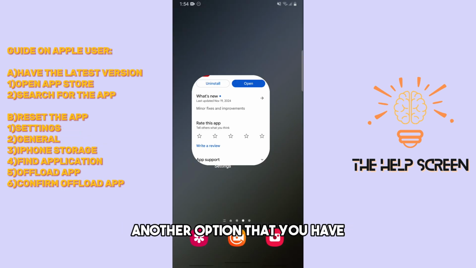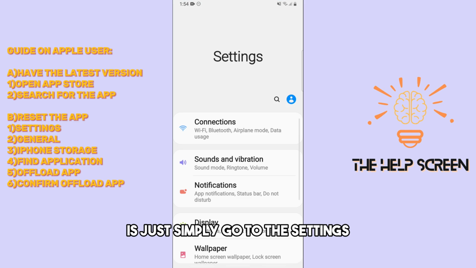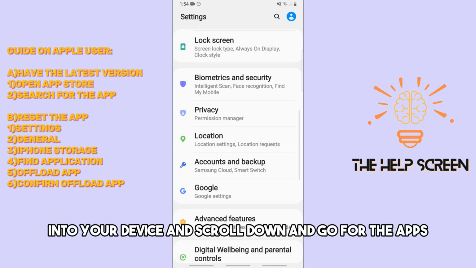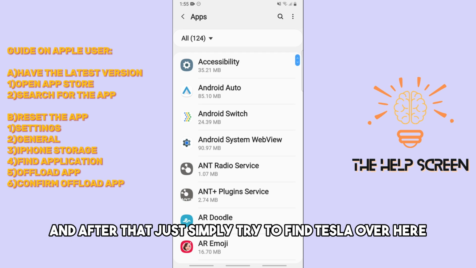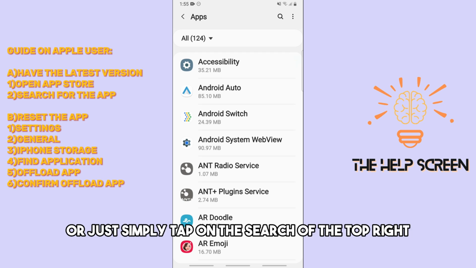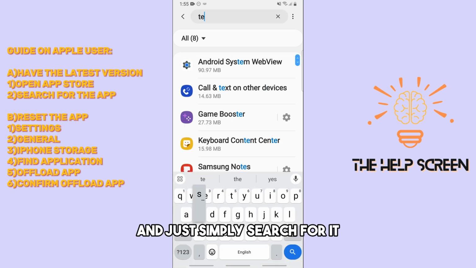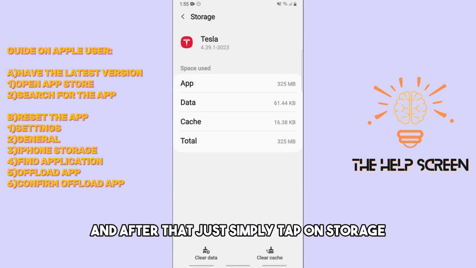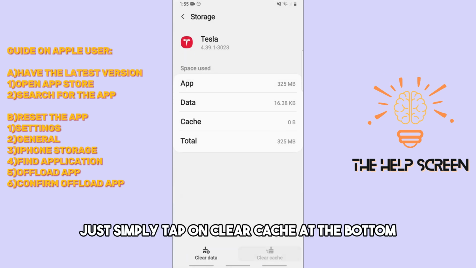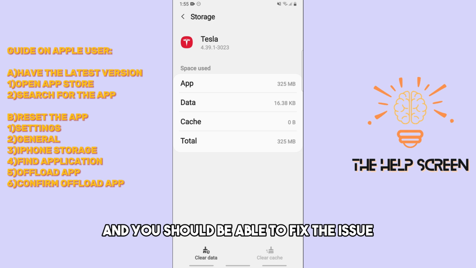And now another option that you have is just simply go to the settings in your device and scroll down and go for the apps. And after that, just simply try to find Tesla over here or just simply tap on the search at the top right and just simply search for it. And now just simply tap on the app. And after that, just simply tap on storage. And from here, just simply tap on clear cache at the bottom and you should be able to fix the